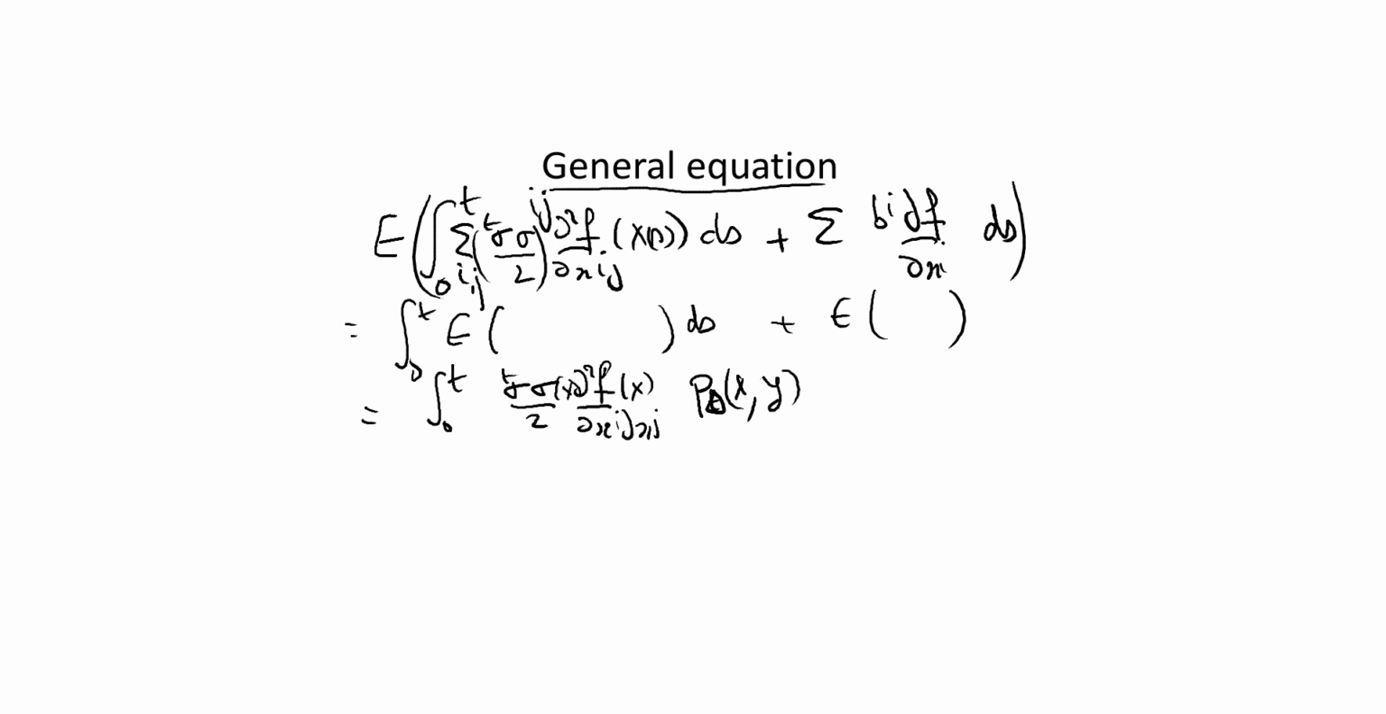Wait, this is at s, ds, plus the sum over i and j, plus the sum over i of b_i of x, df/dx_i, p_t of x and y, and then we have to multiply here by ds, and this is s. All right, so at this point we are going to have this, which has to be equal to what we